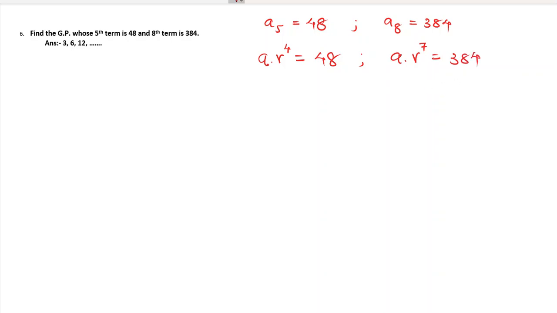How can we solve this and find the GP? So the first thing which we can do over here is give the equations numbers, equation 1 and equation 2. Now recollect what we used to do in the similar scenario in AP. In AP, we used to solve the equations with the help of elimination by equating coefficients, simultaneous linear equations. But here we cannot do that, right? Because this is in multiplication. So see what I'm going to do.